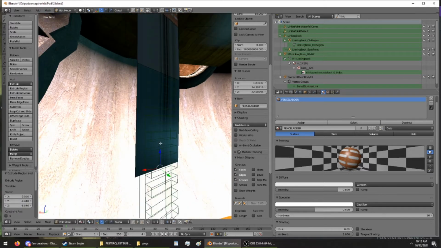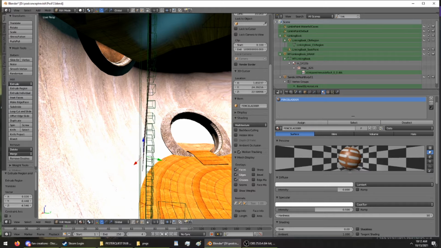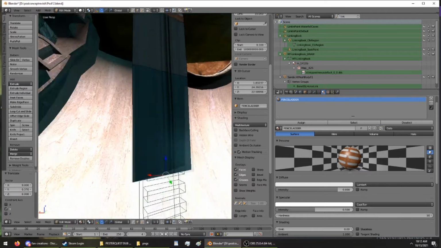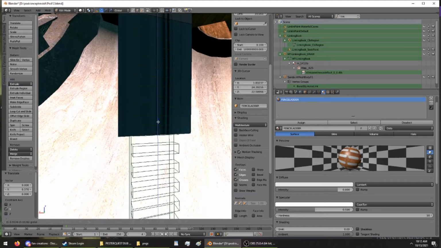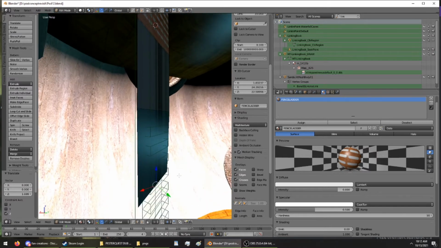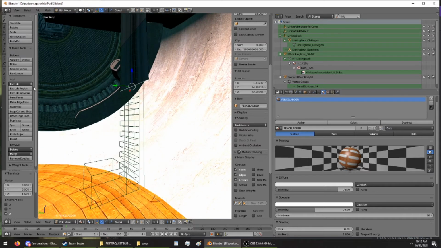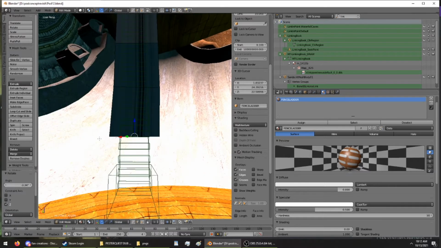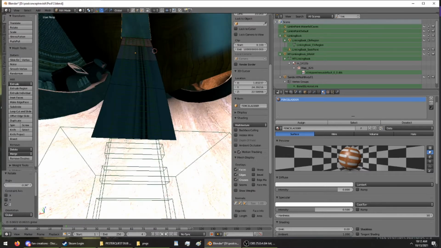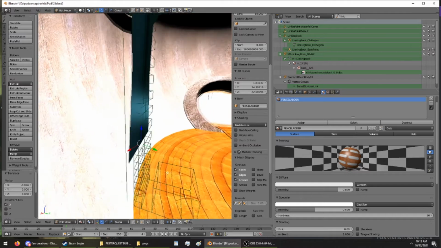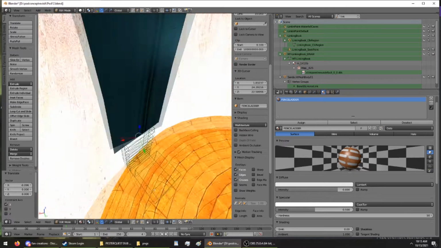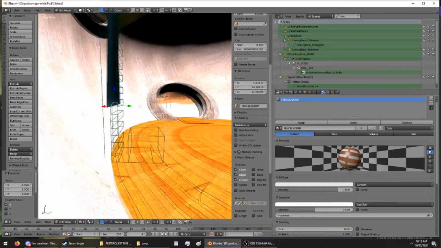Extrude region, and it doesn't need to be perfect. If I have it in perfect alignment, you know what? In fact, it's a little better if it's not quite perfect because it's a little rubber mat. It's not going to be perfectly in alignment in all the places. Extrude region, twist it the other way. Yeah, I'm just tickled pink with the idea of this ladder that we're climbing being made